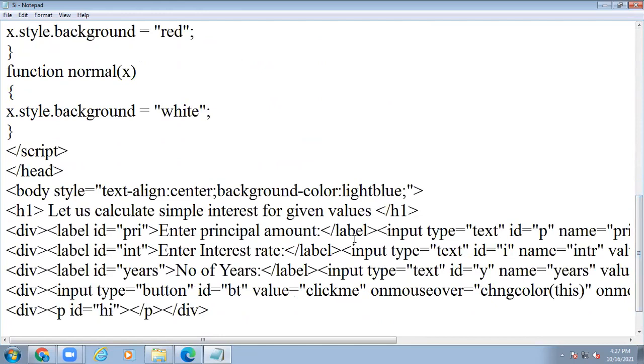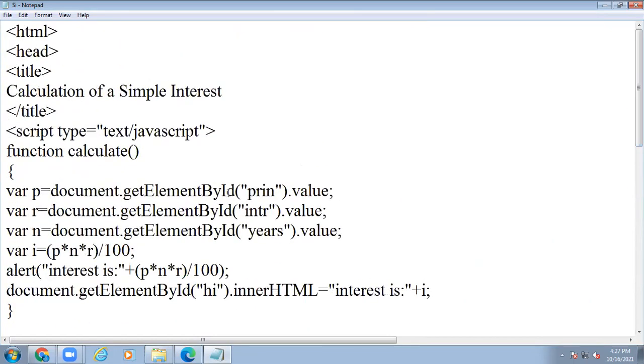Here we have to specify input type equal to text, ID equal to P. So you must give it as document.getElementById, the ID is P, dot value.